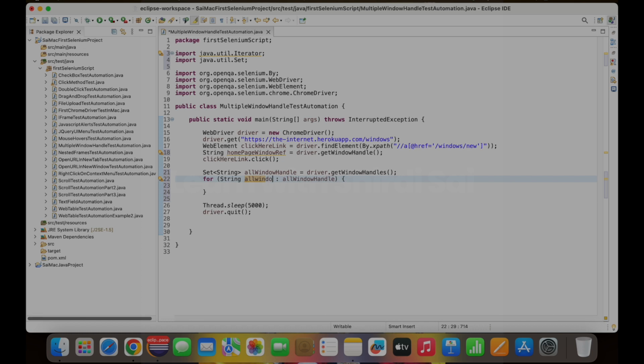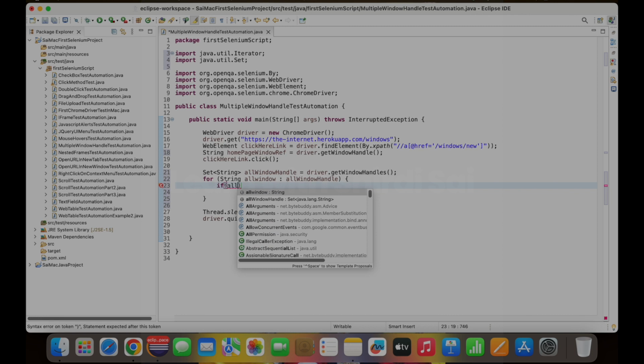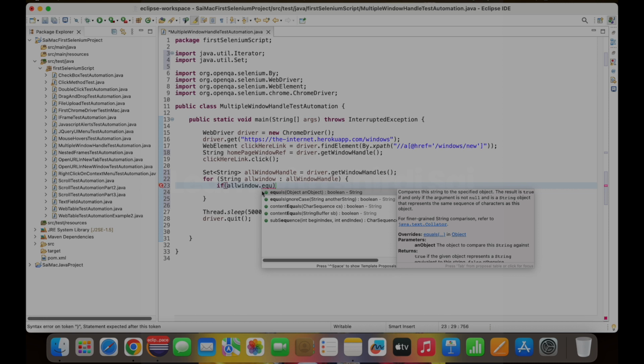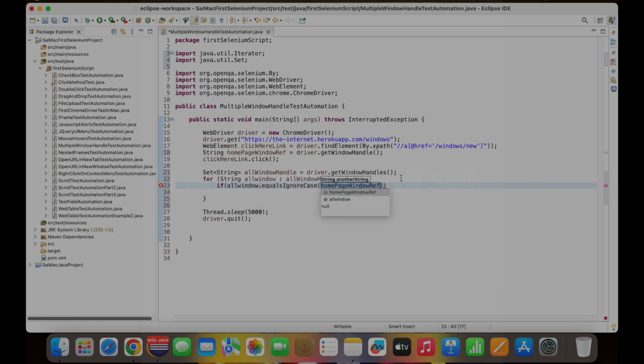I will mention all window. Here we have stored the home page reference. Here we will be having two references. So I will write an if condition stating, if this particular all window, here we are having all the ID references in all window, equals, you can write equals ignore case, if it is equal to the home page reference. So when this is not equal to home page,